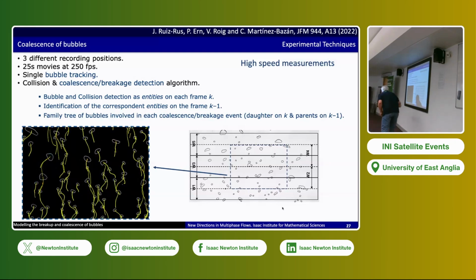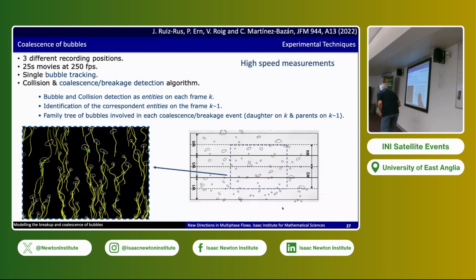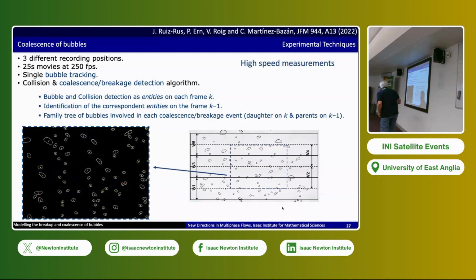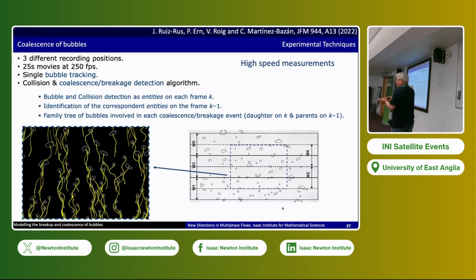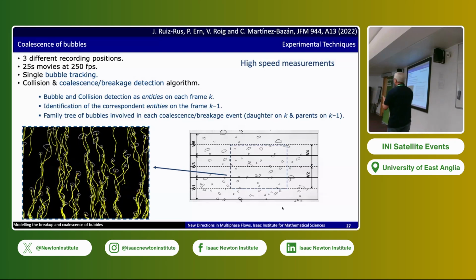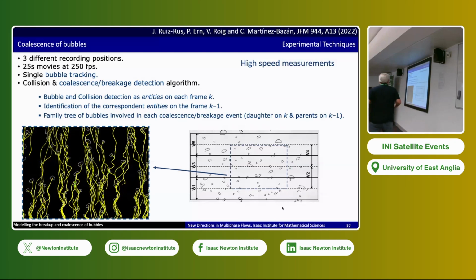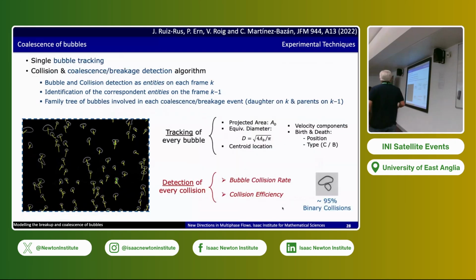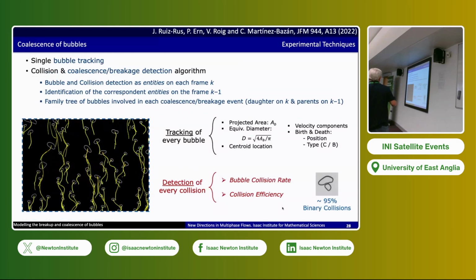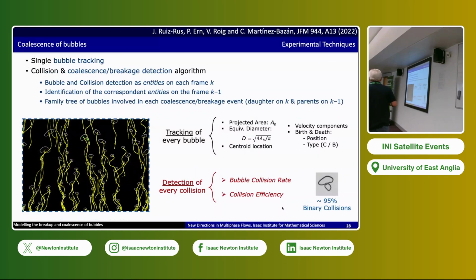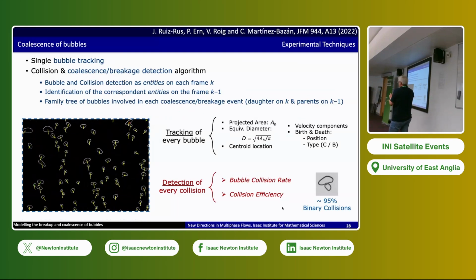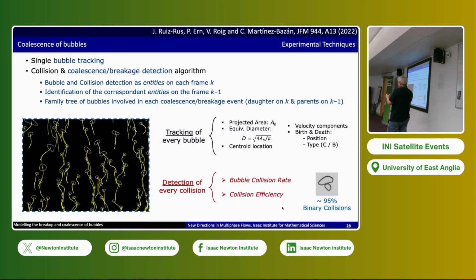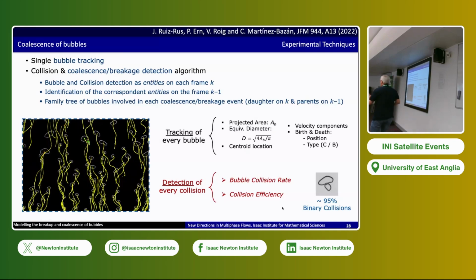I don't know if you see the images, like the bubbles, when they start, and you see there's a coalescence there, and right there, right? So we could just track the bubbles and see how they evolve. We could get the trajectory, the velocity, and their behavior in the window. And from this tracking algorithm, we are able to get the area or the diameter of the bubble, the position, and the velocity, and also, which is more important, if the bubbles were colliding with other bubbles, and if they collide, if they coalesce later on, right? So you have collision or coalescence effect.